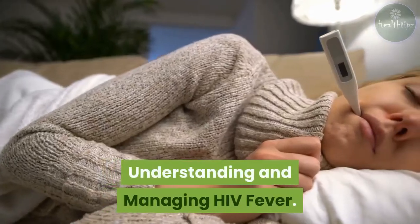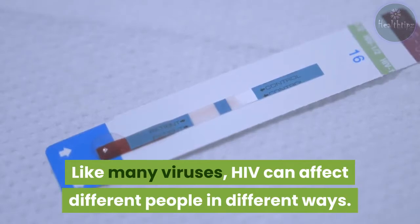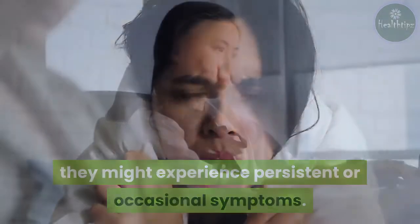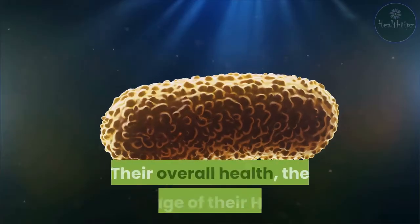Understanding and managing HIV fever. Like many viruses, HIV can affect different people in different ways. If someone contracts HIV, they might experience persistent or occasional symptoms. Also, their symptoms might be mild or severe. Their overall health, the stage of their HIV, and the steps they take to manage their condition can all affect